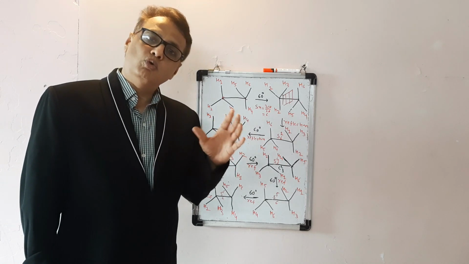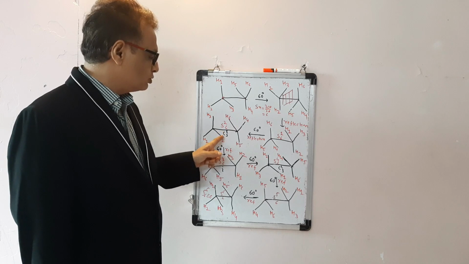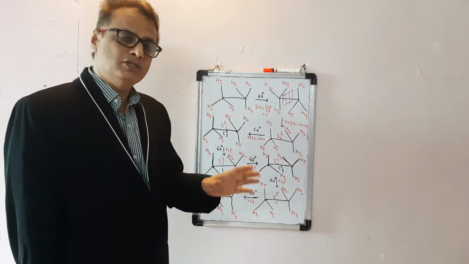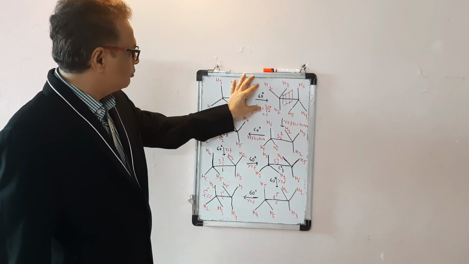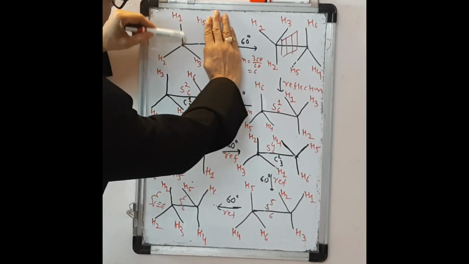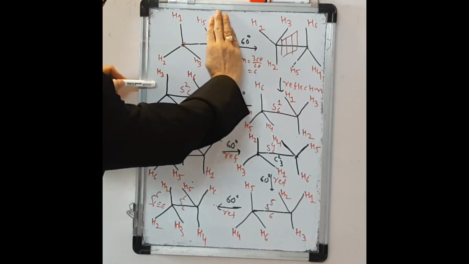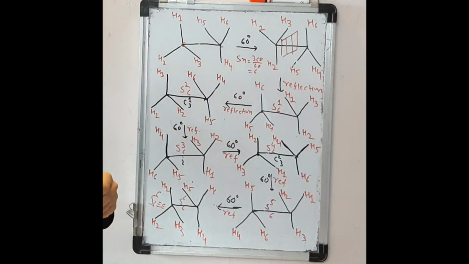S26 means 2 rotations by 60 degrees followed by reflection, which leads to this configuration named S26, and the same configuration is obtained by giving only a 120 degree rotation for this molecule. If a 120 degree rotation of this molecule is given, then 1 is shifted to 2, 2 to 3 and 3 to 1, which leads to this configuration 3, 1, 2. So this is also named as C13.